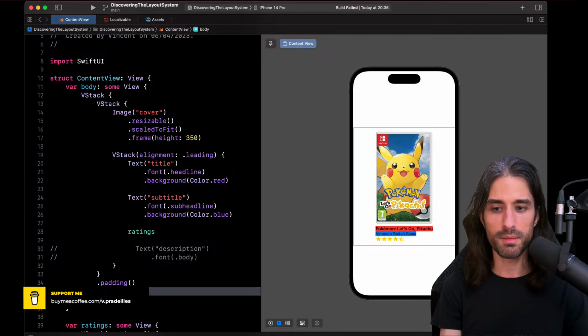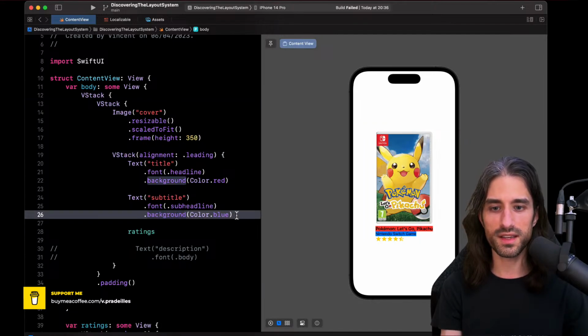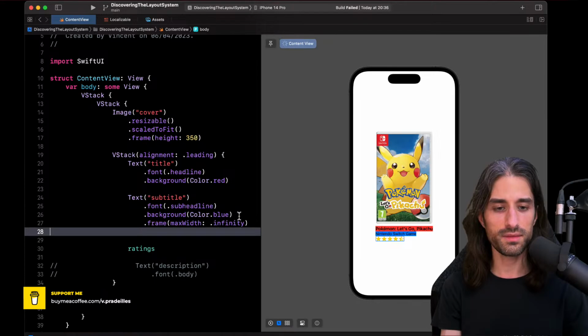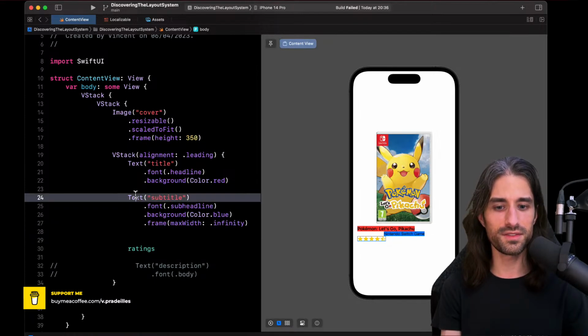But if I move my modifier, for instance, to this text right here, we can see that it becomes very different, because the text takes all the space available on the width and gives a very different result alignment-wise. The text displays itself centered inside all of the available width.